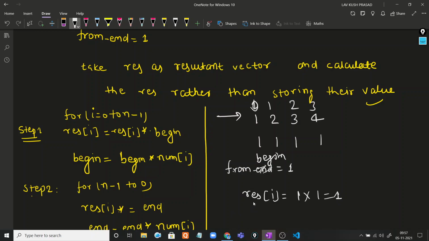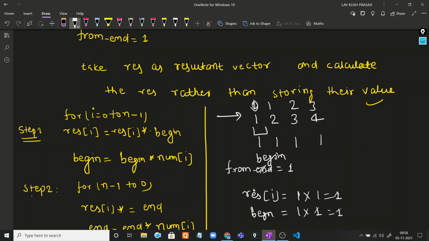After that we update begin, and begin is now begin into nums[0].